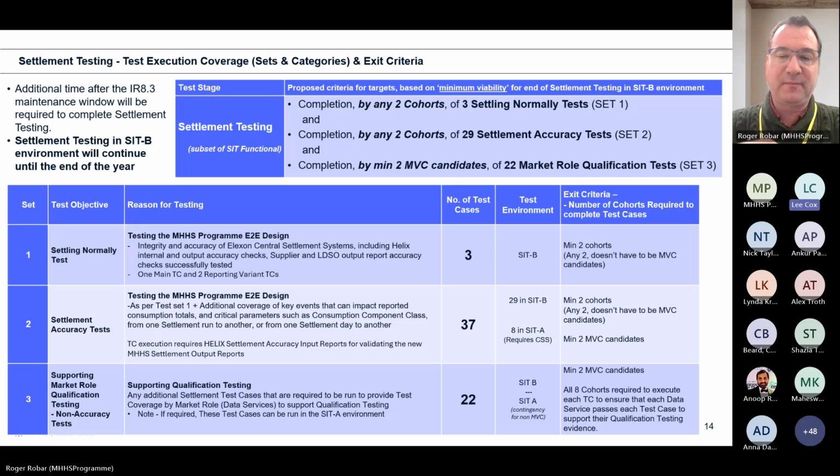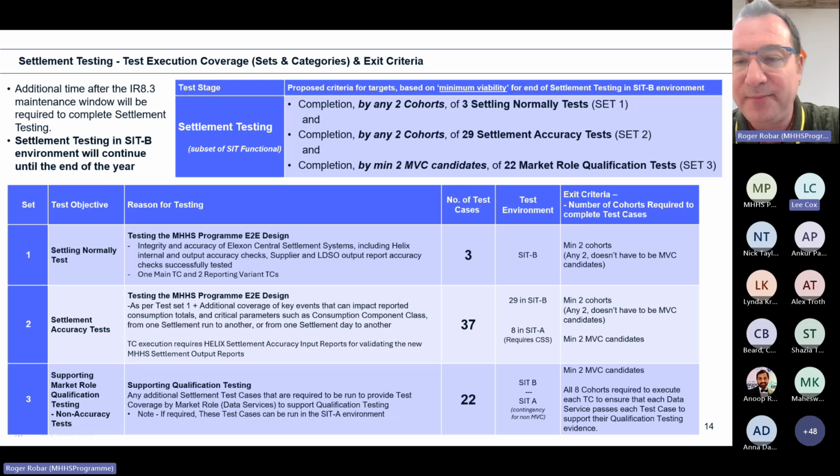in SIT B. But the only settlement tests that are dependent on SIT A are the cost settlement tests, which you've got the 4 weeks planned in the summer to do. None of which are qualification. That's correct. Obligations. Sorry. Yes, okay. You're absolutely right. Stuart is a better person to ask these things because he's deep in there. But you're right, it is just change of supplier tests.